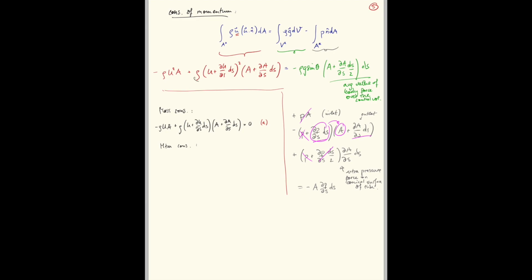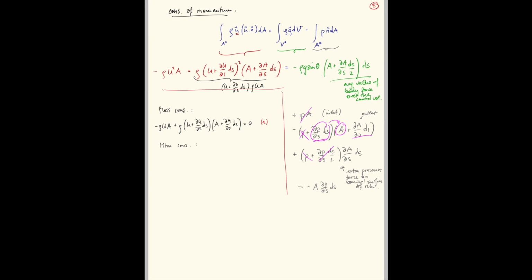And there you will realize that I can write this as u plus du ds ds times rho ua, and all the other terms are small here. So then I can write the momentum equation as, and now I can take equation A and plug it into B,